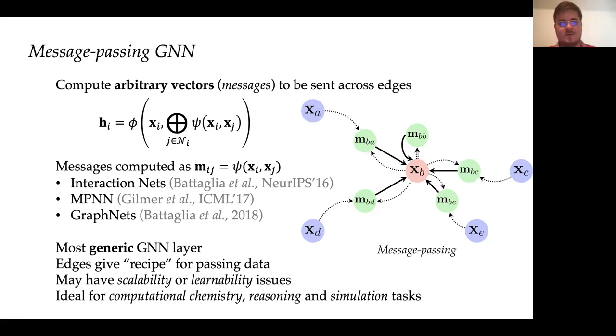There's a lot of popular layers that propose message passing computation: interaction networks, message passing neural networks or MPNNs, and DeepMind's graph nets, which we will study in more detail later today, are three specific instances that you might want to take a look at. Now, in terms of one-hop spatial GNNs, this is the most generic layer you can have. And it no longer assumes that your edges encode for certain weighted combinations that need to be computed. Edges just give you a recipe to pass data, and the message function decides what is the actual data that needs to get passed. As a result, they're a bit harder to interpret, they're a bit harder to scale up,